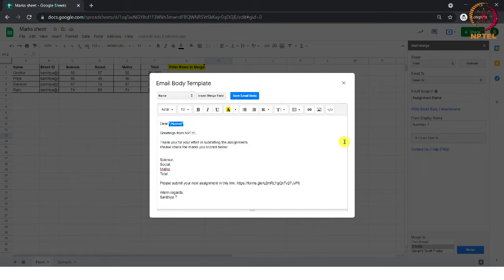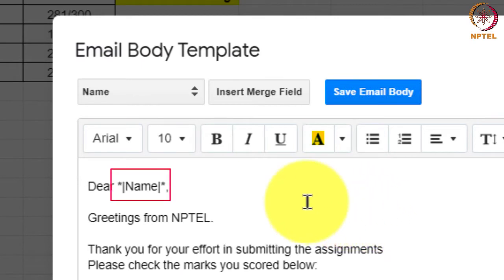Tags play an important role in modifying the data for whom we are sending it. When you insert a merge tag in your email, it will replace the tag with content stored in the corresponding heading. A merge tag only works correctly when there is data available in its corresponding heading. When you type a merge tag directly into your content, be sure to surround the label with the asterisk and pipe characters.